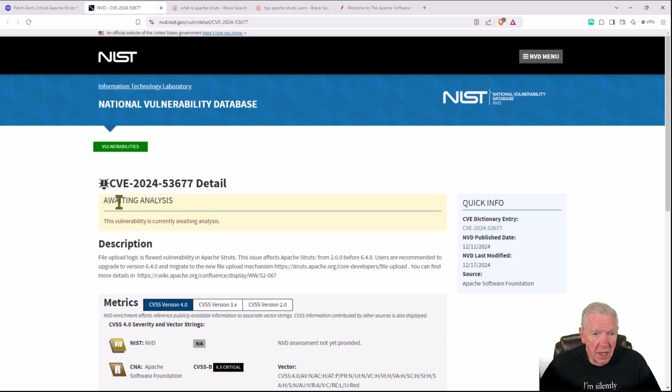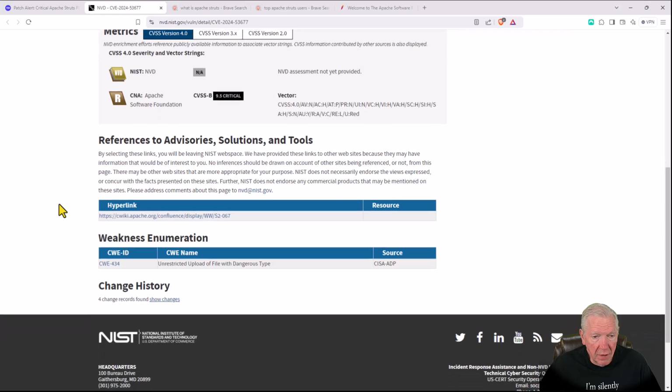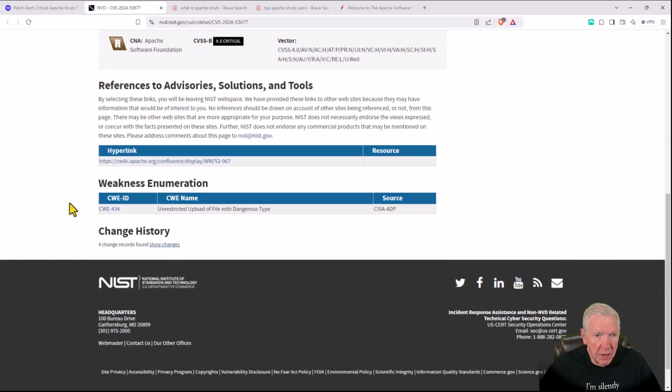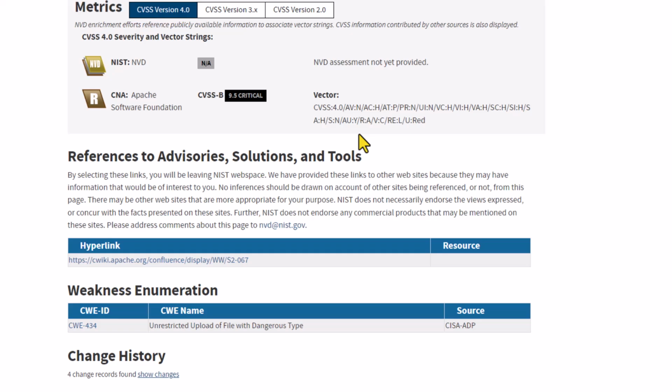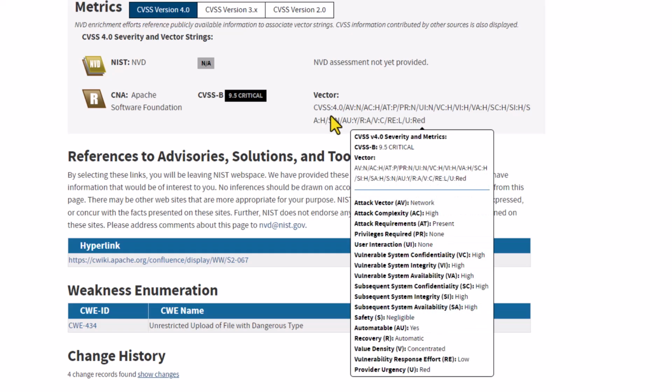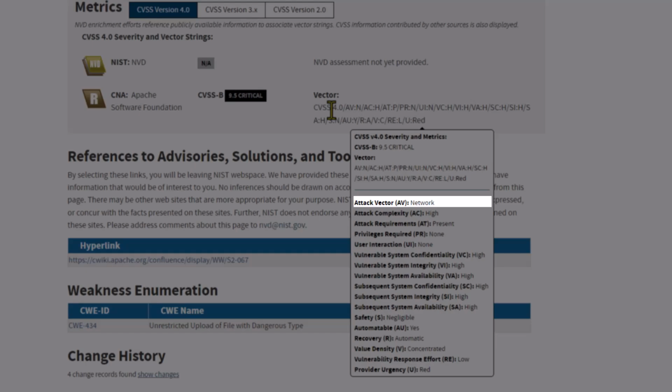Well, they've maintained the Common Vulnerabilities and Exposures database for a long time, and they call it the NVD, the National Vulnerability Database, and this is what it looks like. And so we've come in here and we're looking at the hyperlink to this particular problem, and then we look at what's going on here. Now, here's what I was talking about. If you look at this vector, and I can just click on it, you have all of these different words, like you've got AV:N, AC:H, AT:P. I hope you can see those up there.